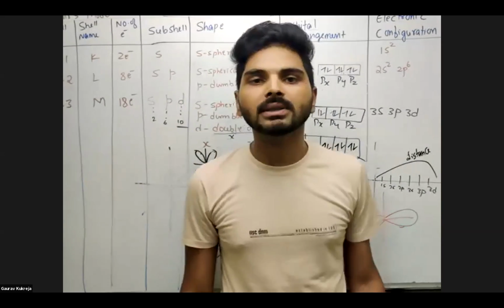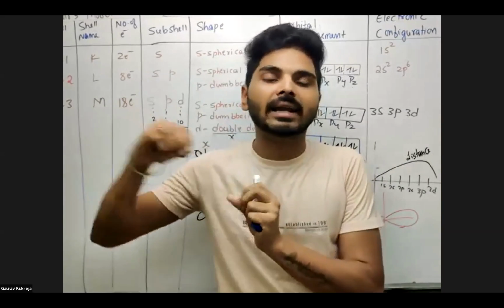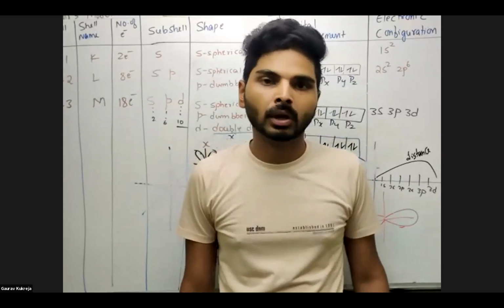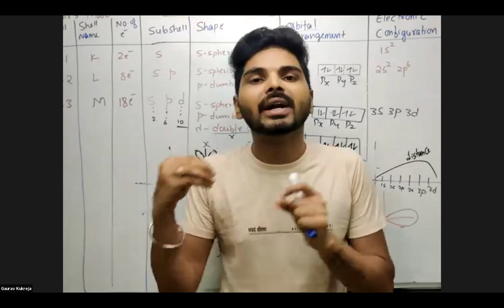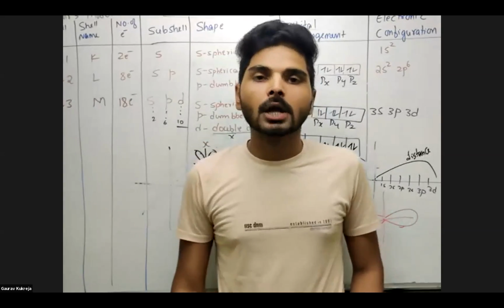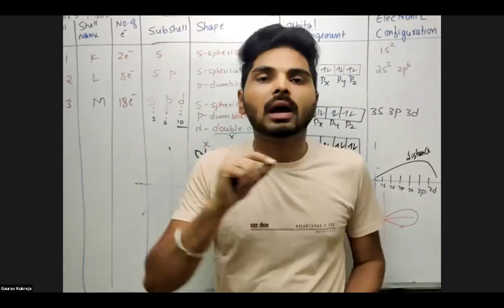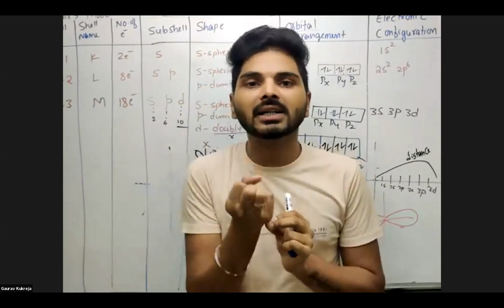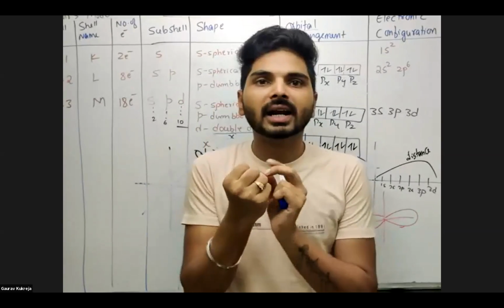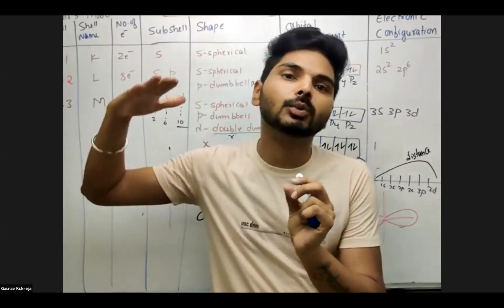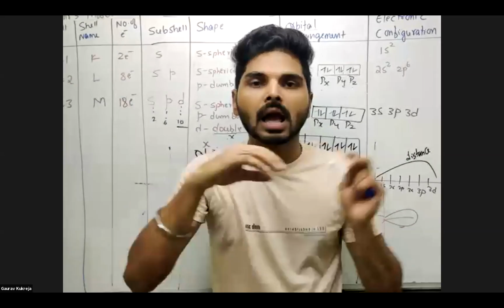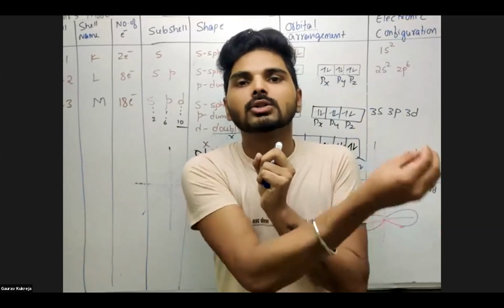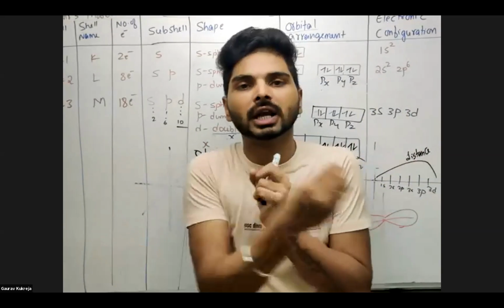Because of that, what happens? It can show variable velocity at different locations. So its speed will be different at different locations. It is possible. Now, why is it moving faster? Because near the nucleus, there will be a greater pull. So to avoid that greater pull, it has to move with a greater speed. And wherever it is going, let us say at the corner, there the pull is not so much, so it can stay for some time.